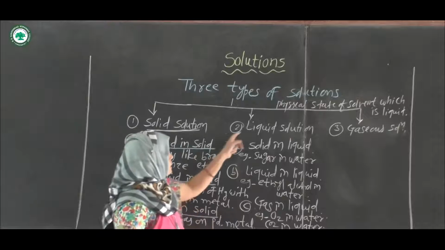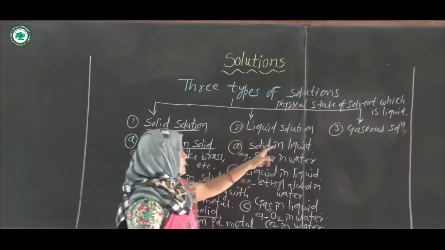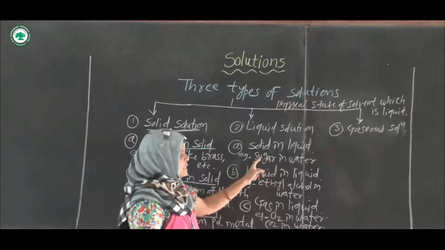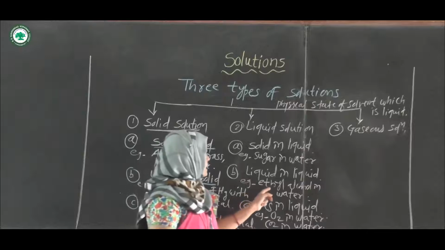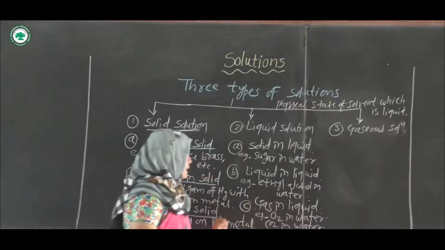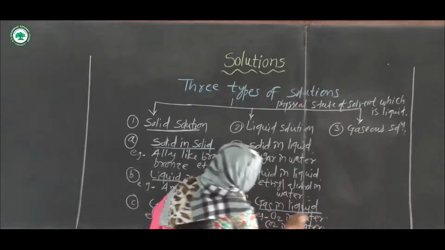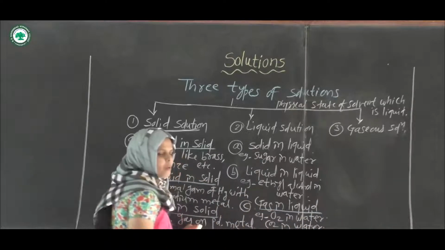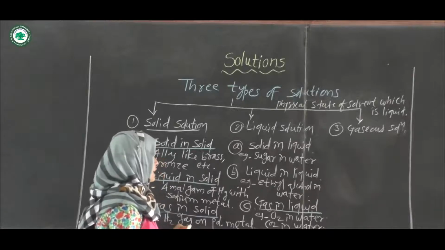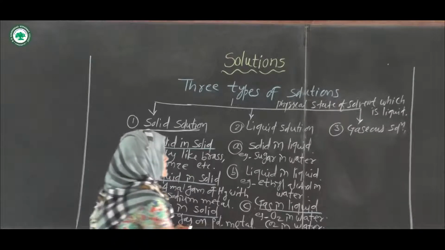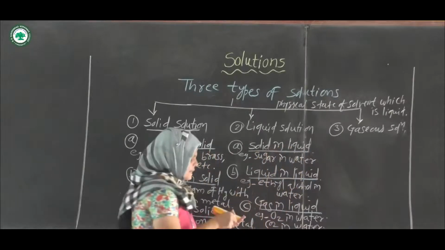Okay, see here, liquid solution has three types: solid in liquid, its example is sugar in water; liquid in liquid, its example is ethyl alcohol in water; and next is gas in liquid, whose example is O2, oxygen gas, and carbon dioxide gas, CO2, which are dissolved in water. Okay, next,